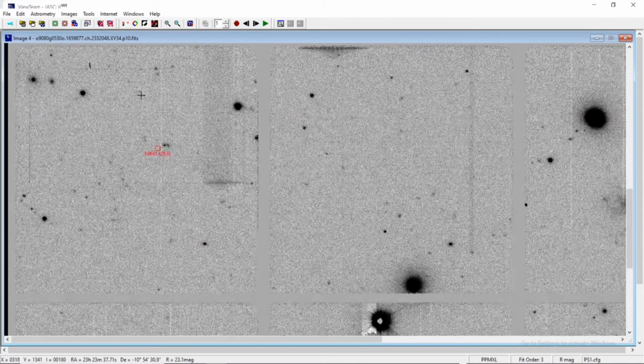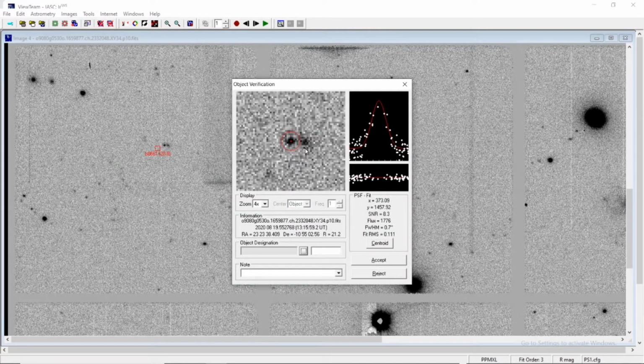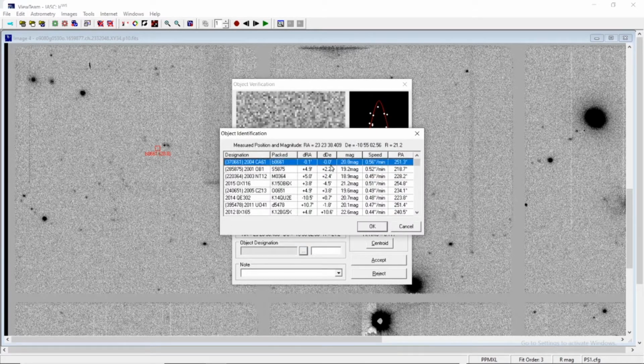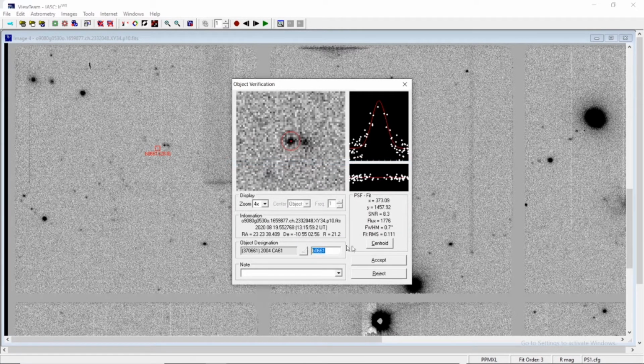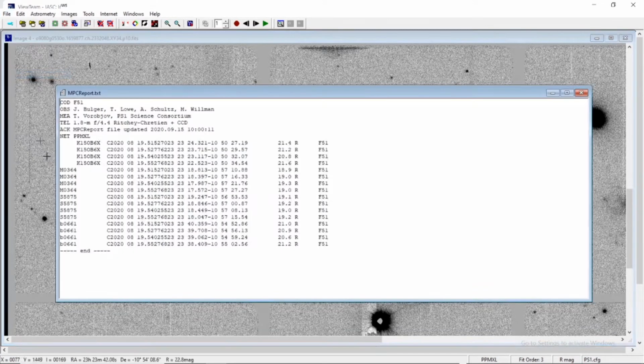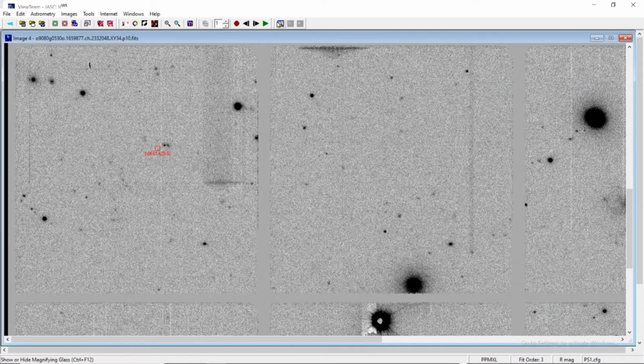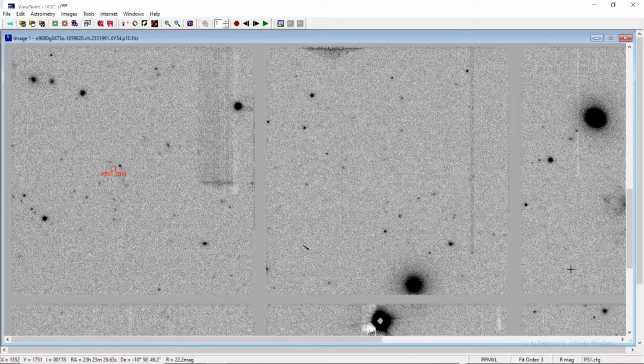Go to image number 4, again for a final time, go for this image. Don't select this object because this is not the object that you are looking for. Go for the object designation, clearly and very carefully find your object, click over the nearest object, do OK. In this B0661, you accept it, and once you see your MPC report, again this B0661, all these 4 objects, they are near to you. So here it comes, again you do the blinking of the image.